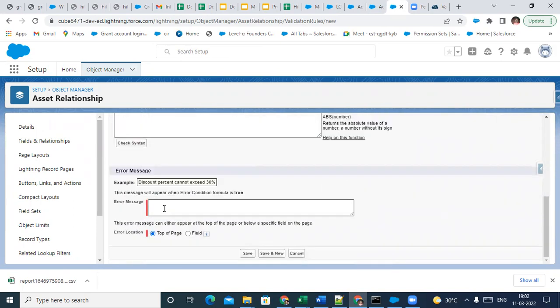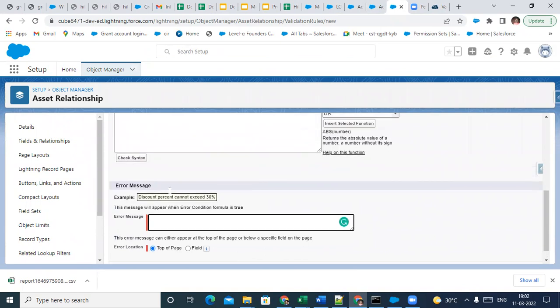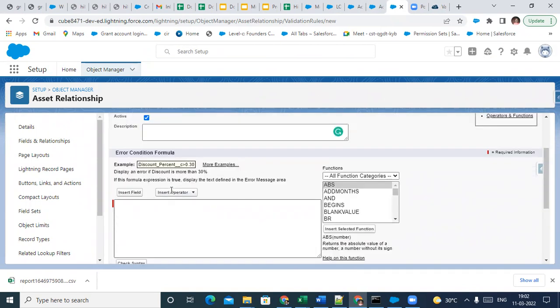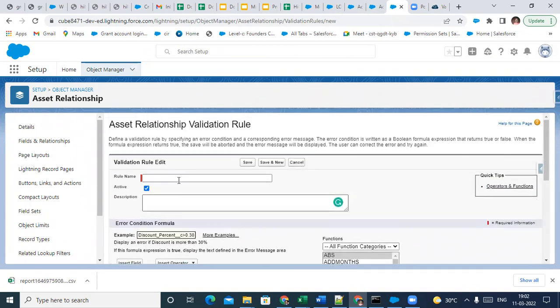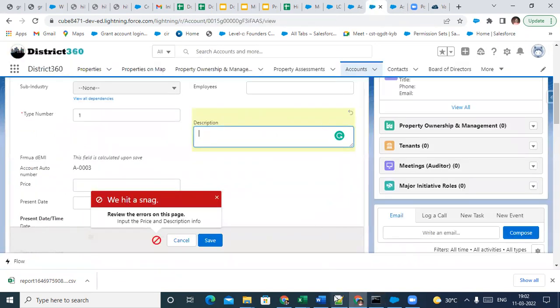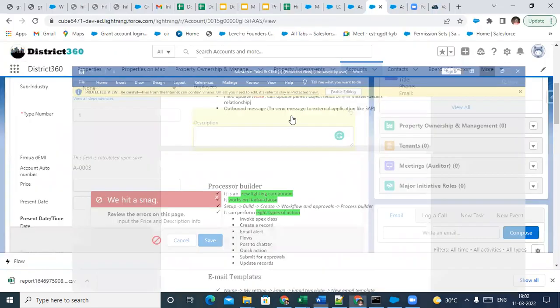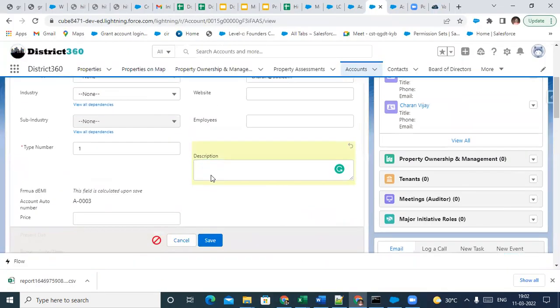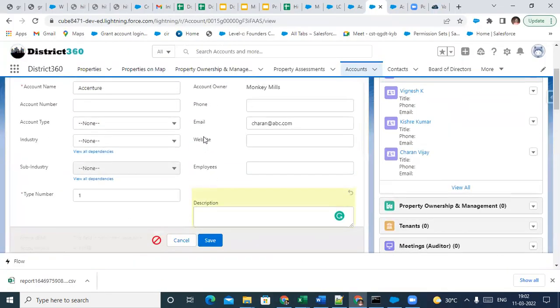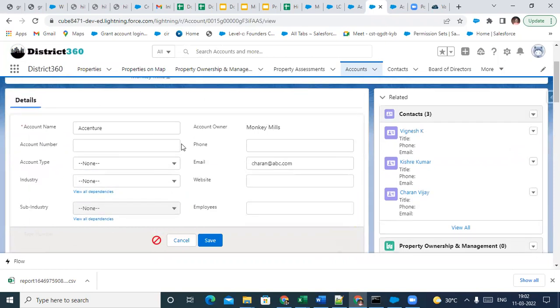So based on this, this error message will be displayed. And the criteria that you'll set here is for this validation rule to fire. This is called a validation rule. Pretty much big companies will have a lot of validation rules in place, like fill in an email ID, or you can't